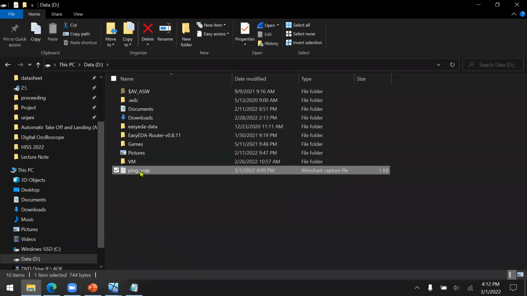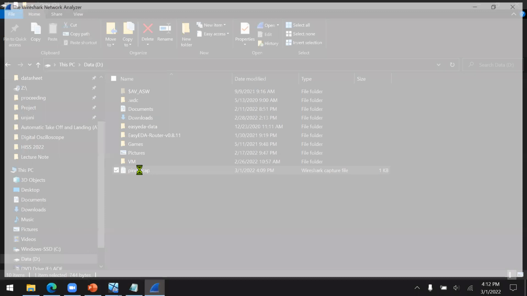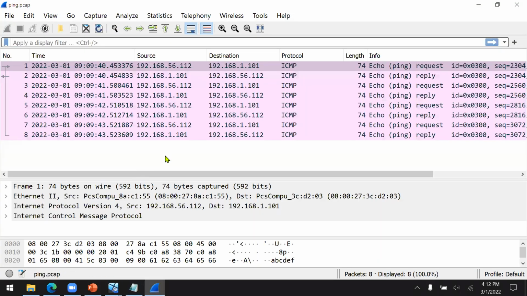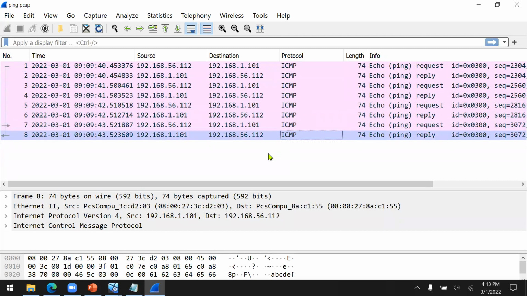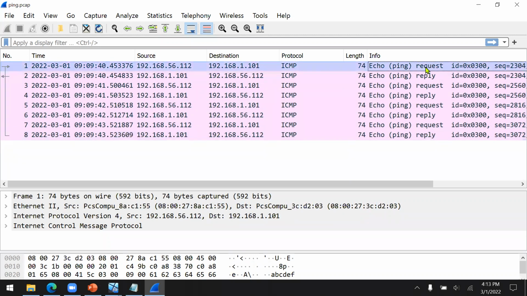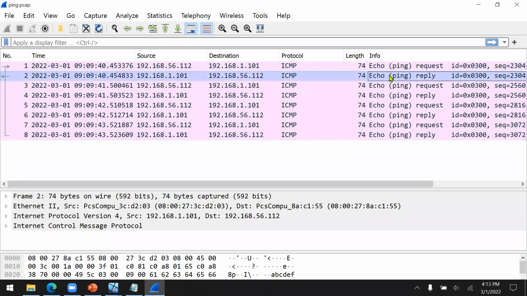Now let's try to open this pcap, packet capture. As you can see in here, we have several pings. How many pings? 1, 2, 3, 4, 5, 6, 7, 8. So we have 8 pings, 8 ICMP. The first one is the ping request, and the second one is the reply from the server.